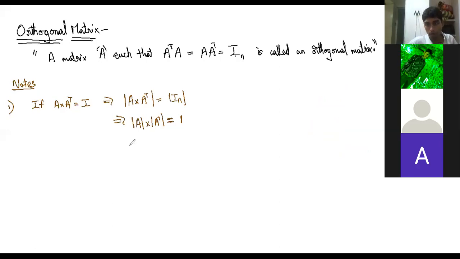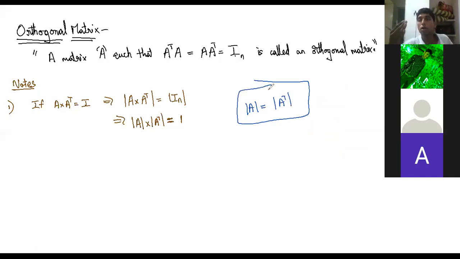Okay, but now once again something new which all of you might not be knowing. Determinant of A is same as determinant of A transpose. A and A transpose have the same determinant value. Just because you apply transpose doesn't mean the determinant will change. It will remain the same. We'll prove it later on when we discuss determinants. Which means determinant of A square is equal to 1. Of course, now you can tell determinant of A is plus minus 1.